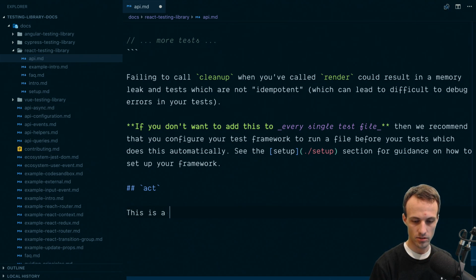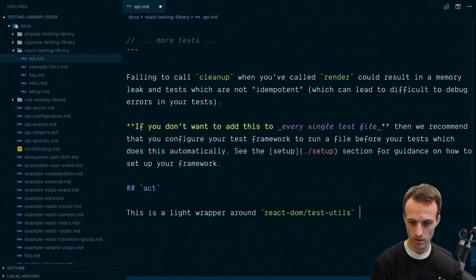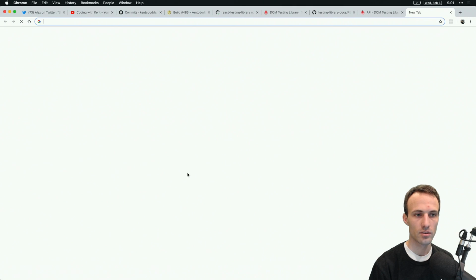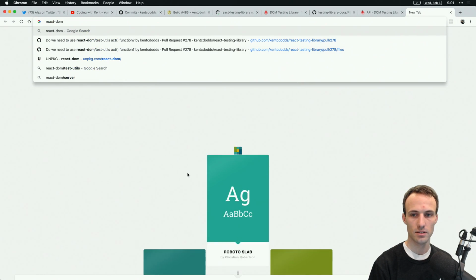This is a direct re-export, a light wrapper around React DOM test utils, the React DOM test utils act method. Let's go find the docs for that. And React DOM test